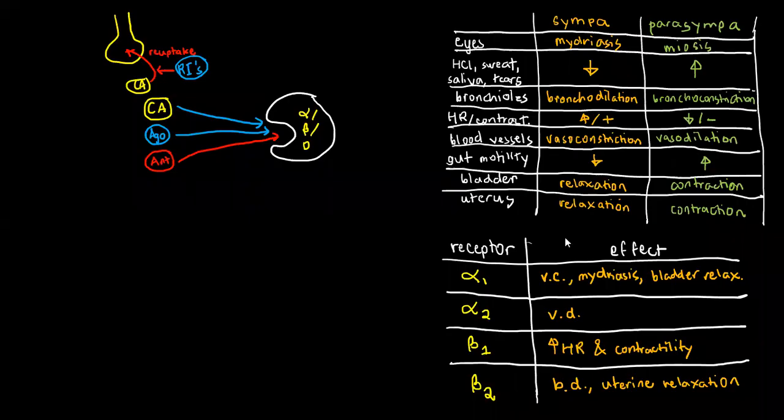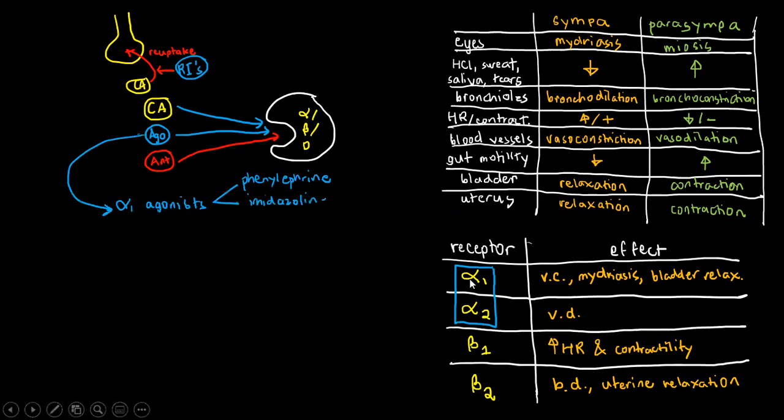After dealing with the endogenous catecholamines, let's now target the other agonists. Particularly for now, let's target the alpha agonists. We can subdivide them first into alpha 1 selective and alpha 2 selective agonists. And of course, since alpha 1 and 2 receptors have different effects, you would suspect that these two have different